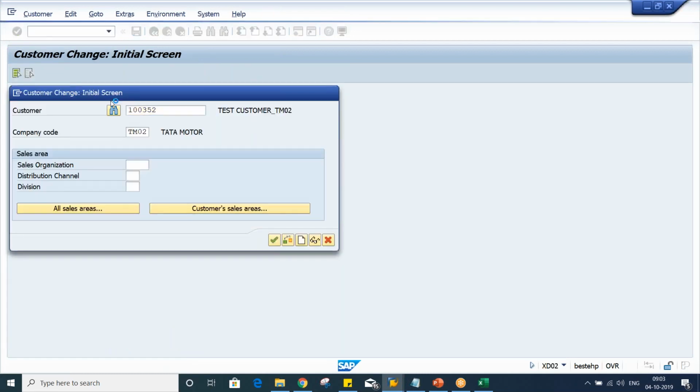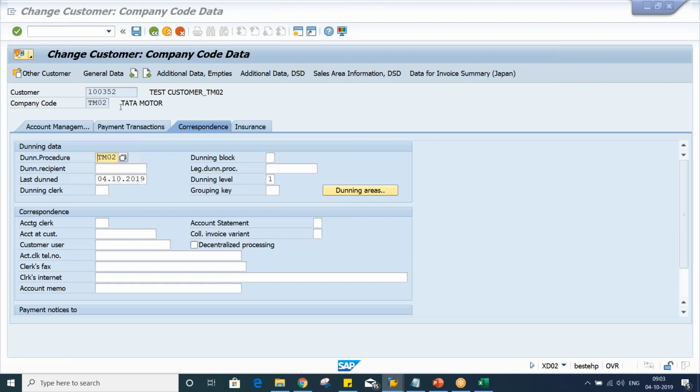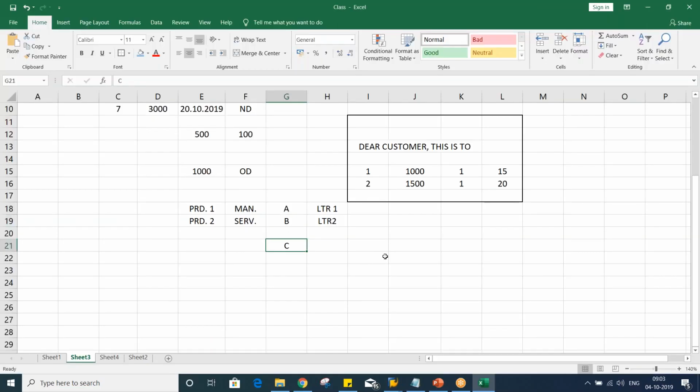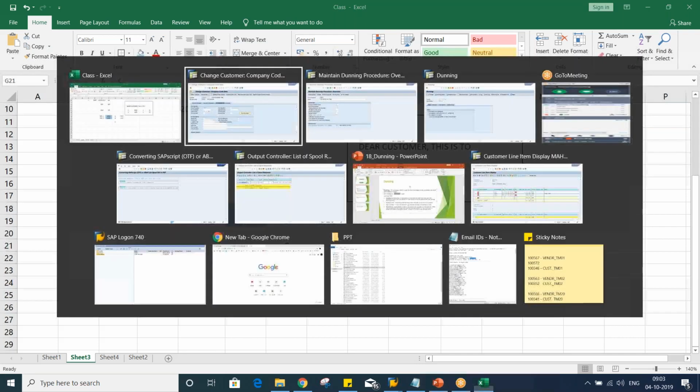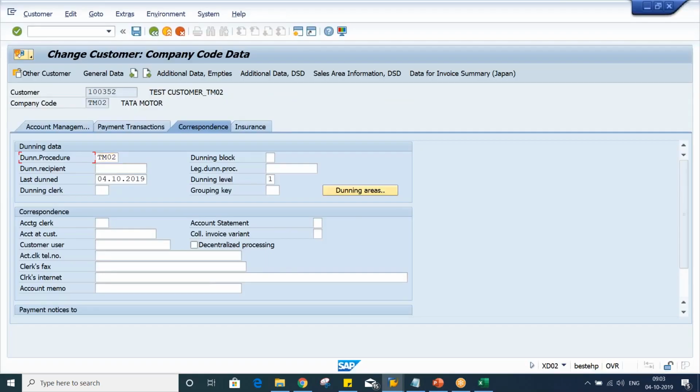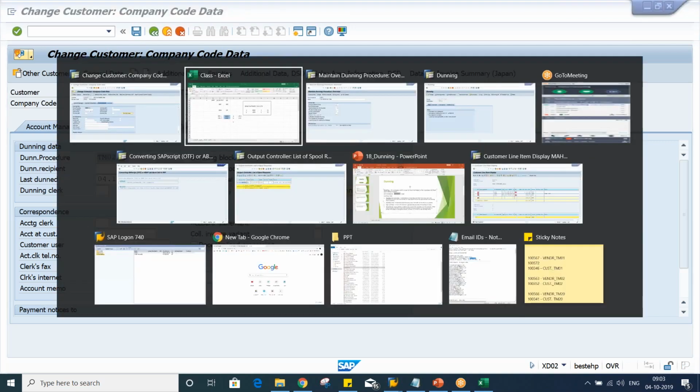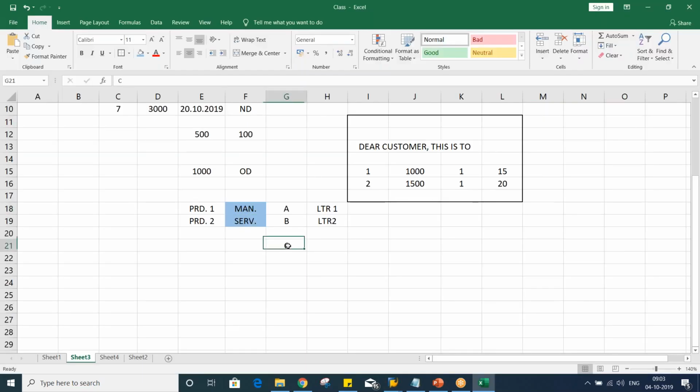Now let's suppose we have a customer C, and that customer C is buying both items, manufacturing and service. Then what will happen in this case? Which dunning procedure are we going to assign to the C? Okay, the condition is that you can assign only one dunning procedure, right? If you are going to assign only one dunning procedure, it means in case the C is buying both,